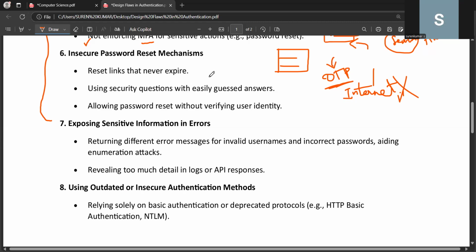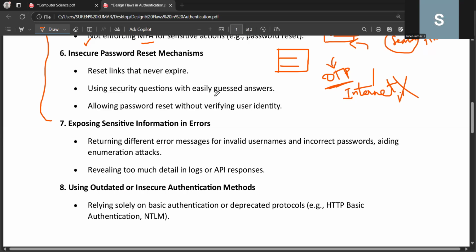They can access your web page because it uses cookies, it uses tokens, and it uses some captcha also. So what we can do is we have to set some session timeout for your password reset. Okay,